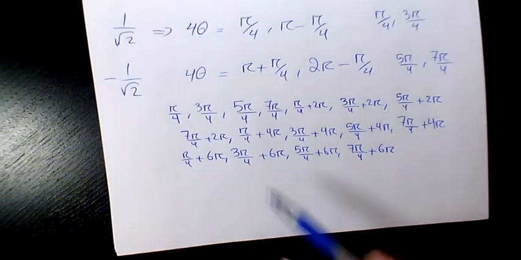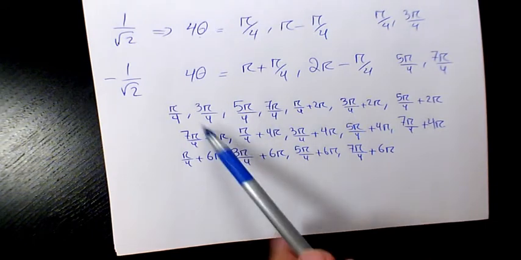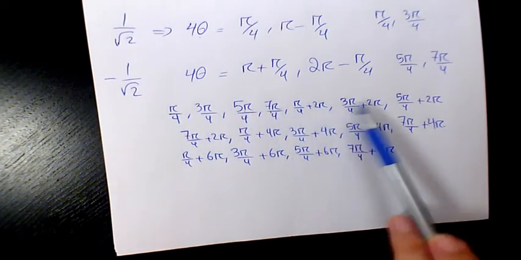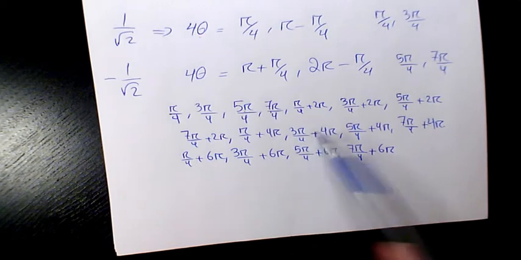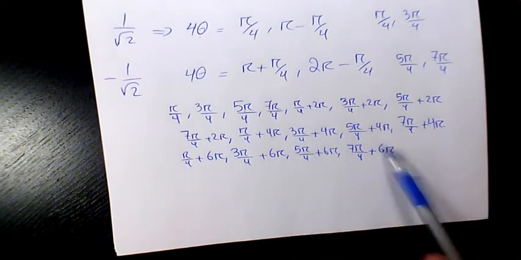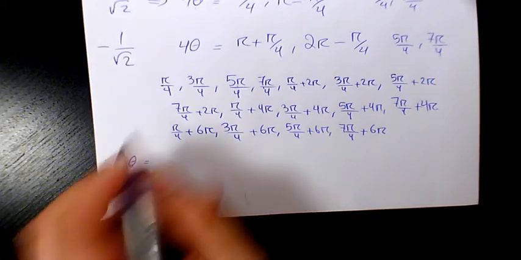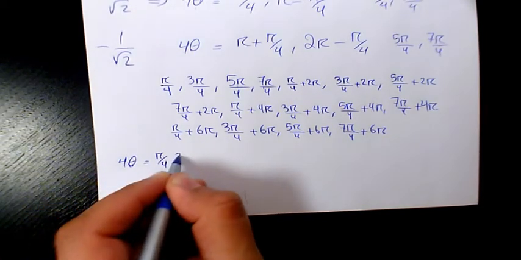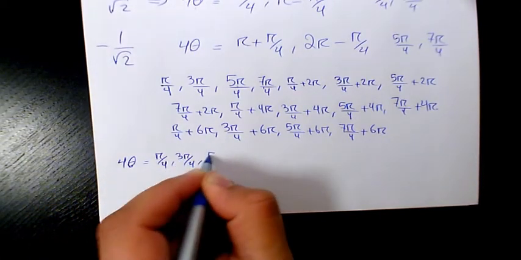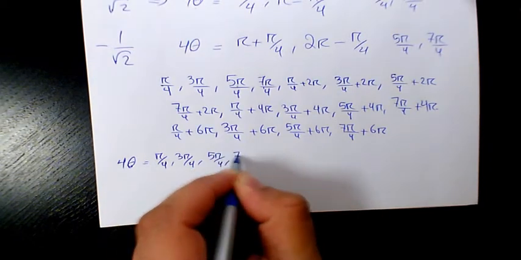So we're supposed to have 16 answers: 1, 2, 3, 4, 5, 6, 7, 8, 9, 10, 11, 12, 13, 14, 15, 16. So these are the values of 4 theta: pi over 4, 3 pi over 4, 5 pi over 4, 7 pi over 4,